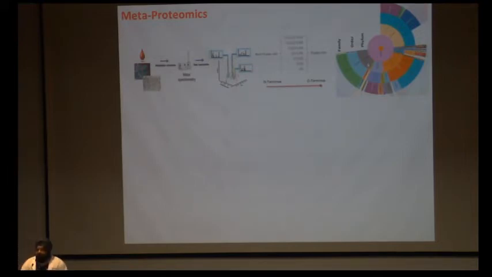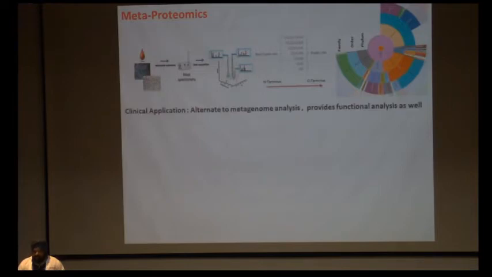So for this, what we do is that the trypsin peptides are mapped back to a specific enzyme database for the bacteria which are present, and this is very well standardized in the lab, done multiple times. So it is an alternative to metagenome analysis. The best part is, if you do 16S analysis, you need to do PICRUSt analysis for the functional aspect. Here you will get a functional aspect which is quantitative.